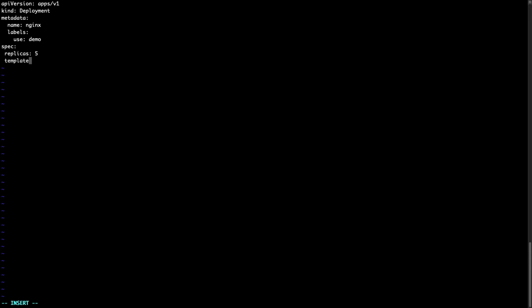Next, we want to give it a template of what our pod is going to look like. So it will have its own metadata. Now this is the pod section. The above one is the one here. This is about deployment. This is for pod. So we can pretty much go with the same thing. Labels, but pay attention to the labels here. Use demo,